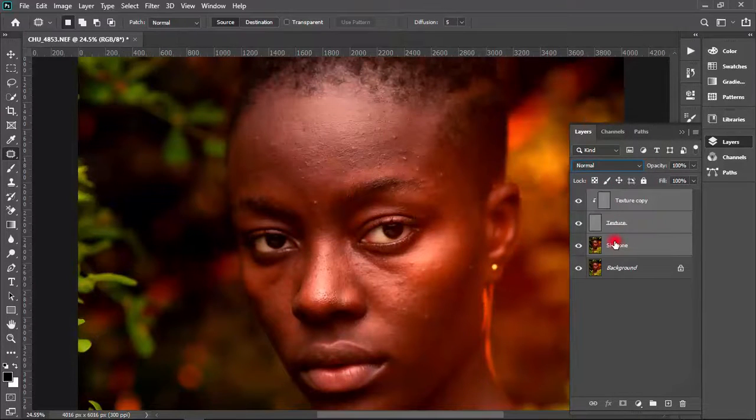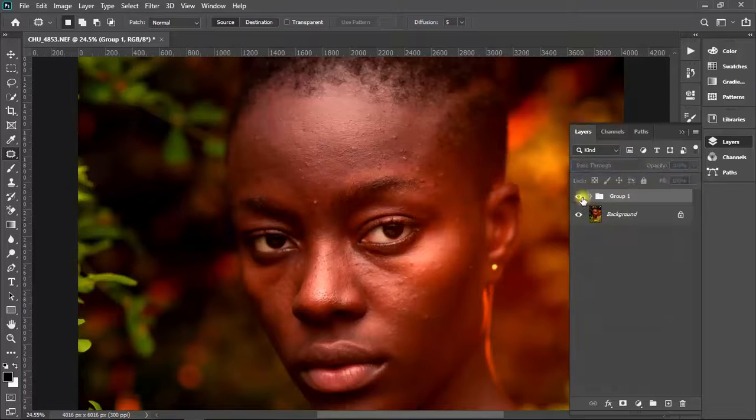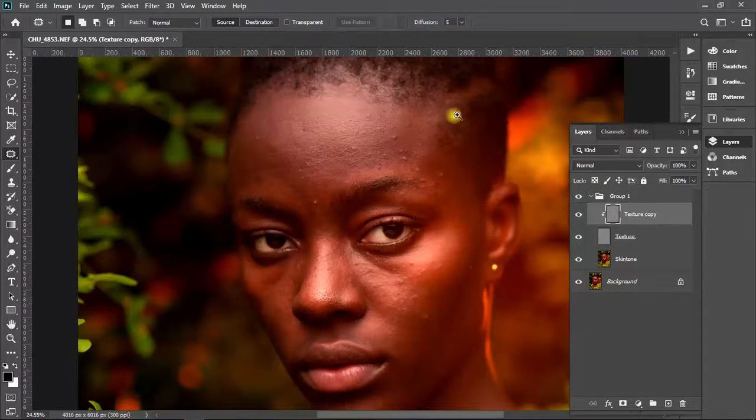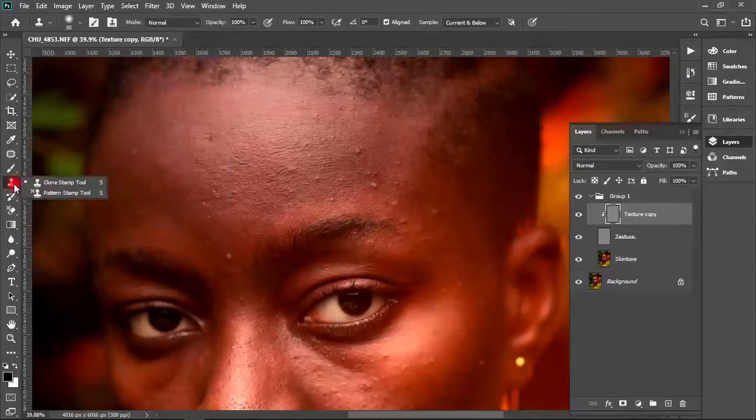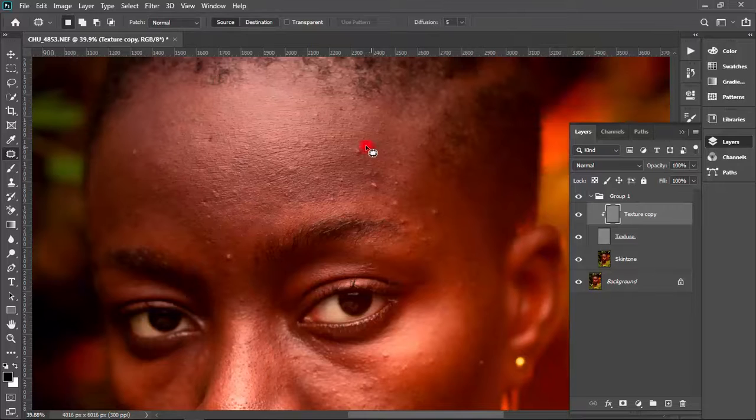So that is it. I have my image back. As you can see, they are the same image. So I'll just come to my first layer, my texture layer. Now select my clone stamp tool, which is S, a shortcut to it. Then I would sample from a smooth part of the face and paint on that particular